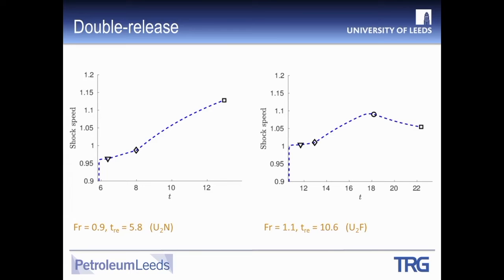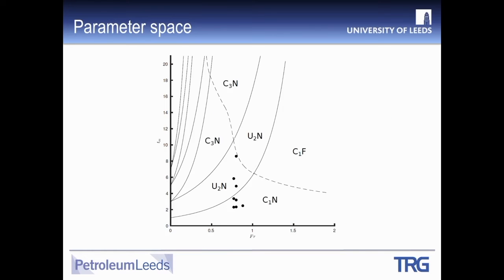Well, it does. So for this case, where we are affected by the finite length of the domain, we can see that pretty much as soon as that characteristic reaches the back of the shock, our shock speed starts decreasing. And this has been observed for pretty much all the cases we did. So we did a sweep of the parameter space. We found this is the boundary between